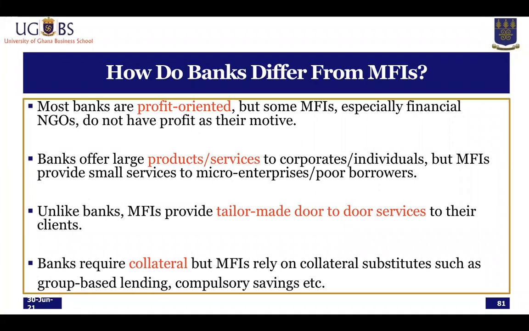And then when it comes to the banks as well, they usually require collateral, but MFIs rely on collateral substitutes such as group-based lending, compulsory savings, etc. So the MFIs rely on other forms of collateral that are typically not referred to as the traditional collateral. You know, with a bank, you put up your car, your house, your land, something of yours. When it comes to MFIs, they usually leverage on societal relationships to provide the pressure for you to pay, because